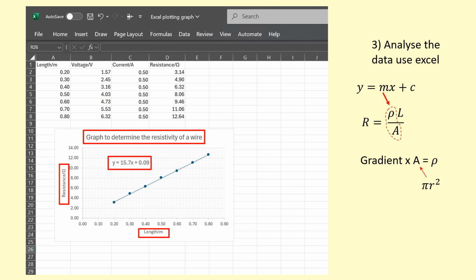The cross-section area of the wire is pi r squared, or pi, and I've got the diameter already measured, so diameter divided by 2, squared. So let me go ahead and calculate that. My gradient from the data I've got here is 15.7, times pi, times my diameter turned into meters here, times 10 to the minus 3, divided by 2 to get the radius, and squared it. So that's my area, and that gives me a measured resistivity of 4.17 times 10 to the minus 7